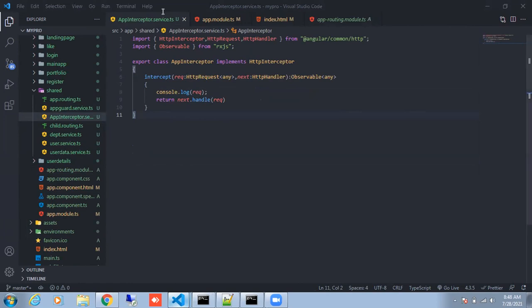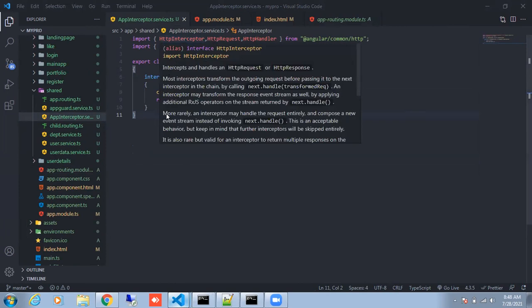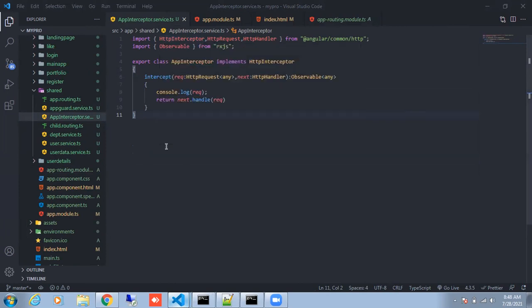See, when you send a request, you are thinking the interceptors are getting called in between you and the component. But the interceptor also comes in between when the response is received. Okay, so let's take a small example here.